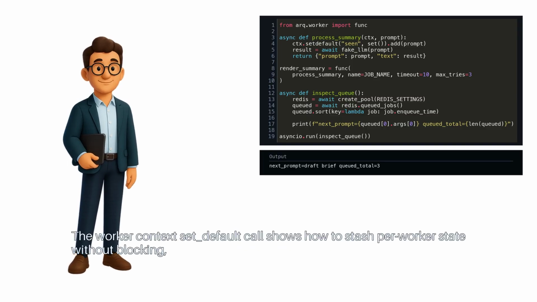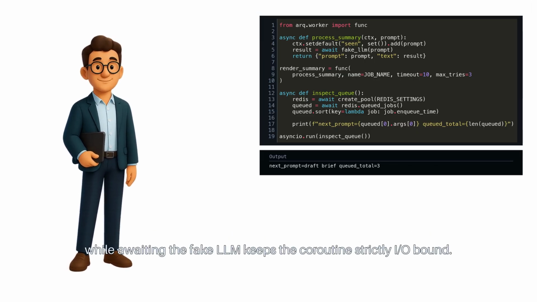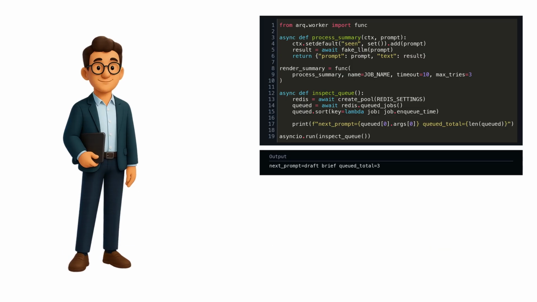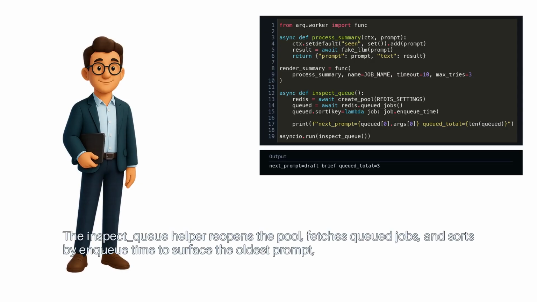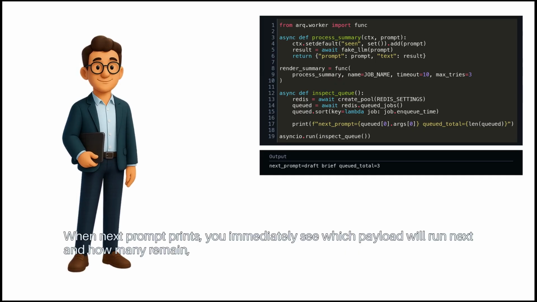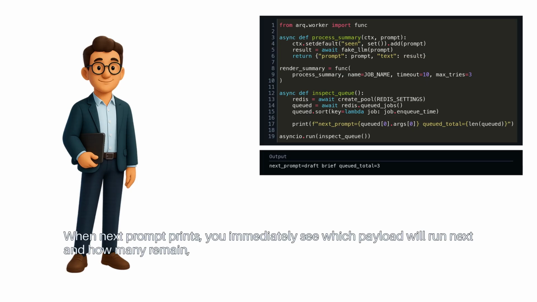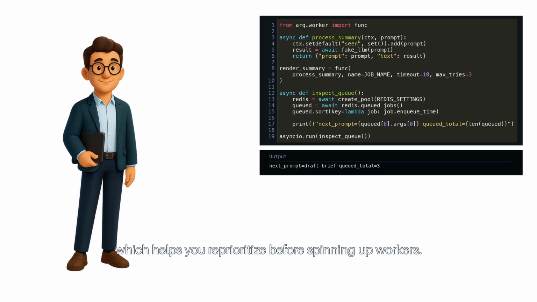The worker context set default call shows how to stash per worker state without blocking, while awaiting the fake LLM keeps the coroutine strictly I/O bound. The inspect queue helper reopens the pool, fetches queued jobs, and sorts by enqueue time to surface the oldest prompt, giving you the visibility you'd want during an incident. When next prompt prints, you immediately see which payload will run next and how many remain, which helps you reprioritize